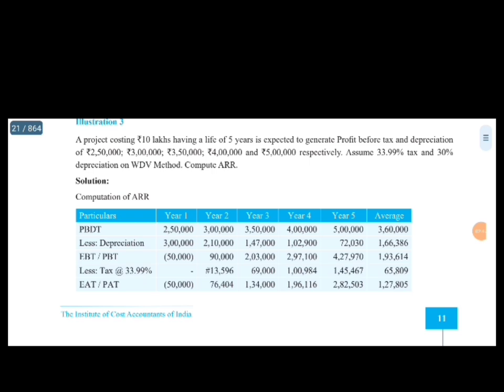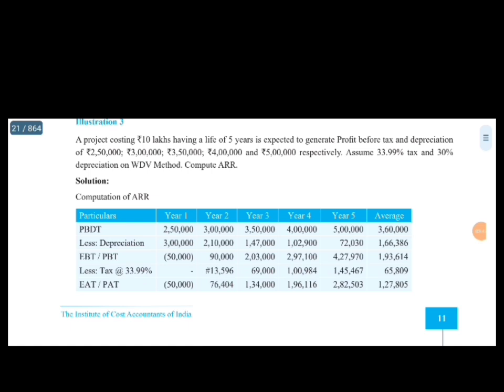In this table, we have seen how they are calculating the average profit after tax. In the question, they have given profit before tax and depreciation. So in the first line they have listed the profit given in the question and depreciation. Before calculating the tax, one important thing is we have to deduct the depreciation for each year. So what is the depreciation method they have given? Written down value method. So we have to calculate 30% on written down value